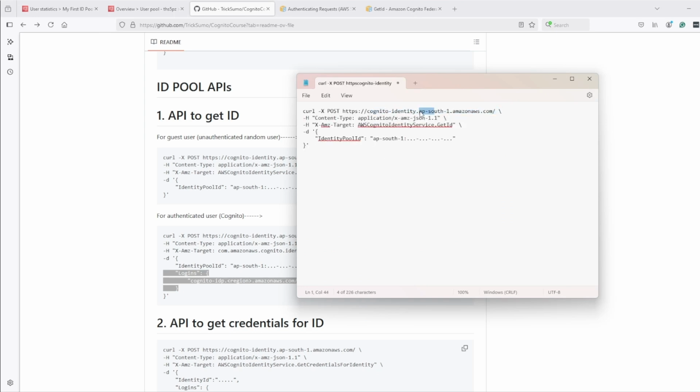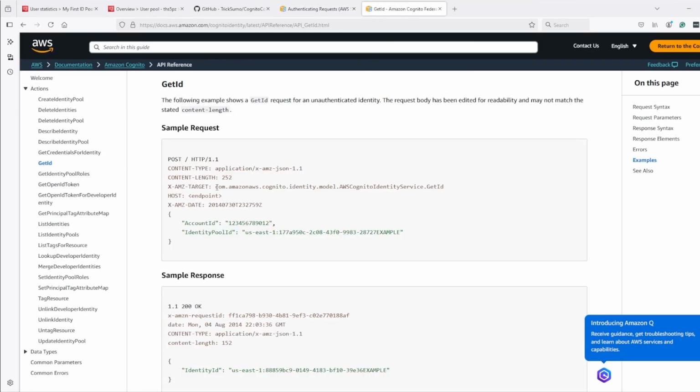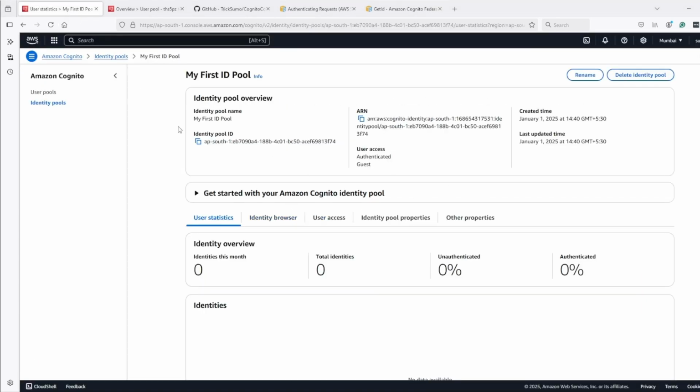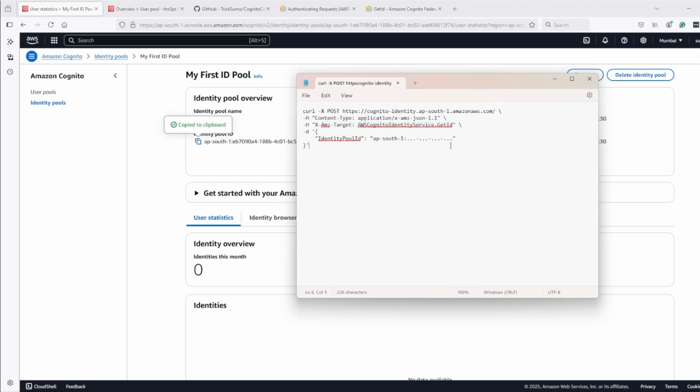This URL will remain the same, only the region we will have to change. We are in the correct region. Under header we are passing X-Amz-Target as AWSCognitoIdentityService.GetId. We can also pass the full one from com.amazonaws, but here our concern is GetId. The only thing I have to update is the identity pool ID. When we make this API call, we will get a new identity, and here no security is there because this is supposed to be for any public internet user. I will import